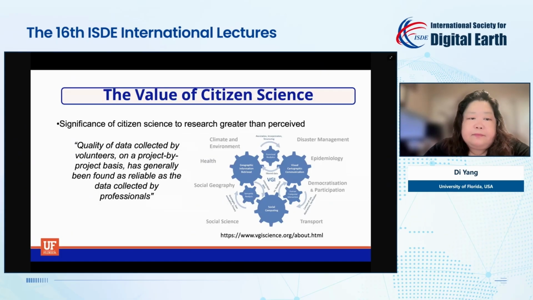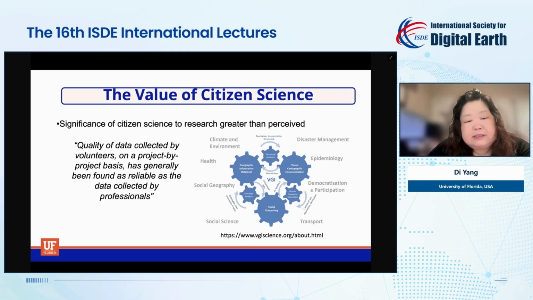As a geographer, we are trained to host volunteered geographic mapping in connection with many different disciplines, for example social geography, transportation, disaster management, climate and environment. In a lot of cases, citizen scientists have a lot of valuable local knowledge of the data. And so